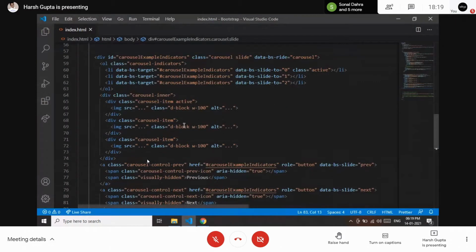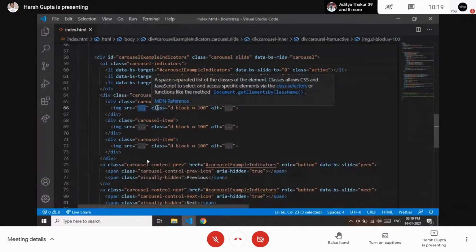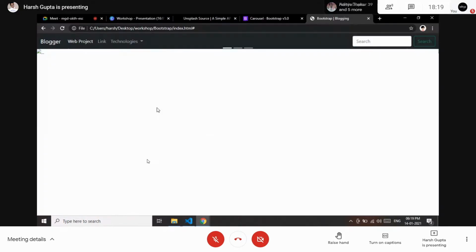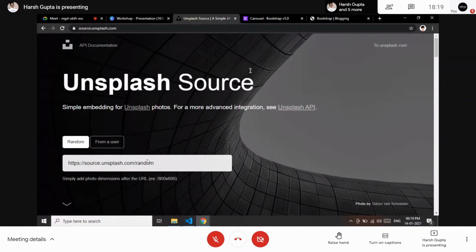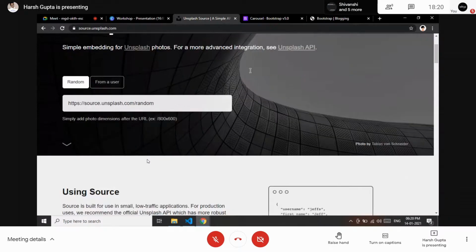because we haven't applied any source, the source itself, so it is not defining our image. We need some image to put on our carousel. To take the images, I have this Unsplash Source. Unsplash Source is a website which also provides an API. It's all free. You can take images, videos from here, and you can use them anywhere you want.